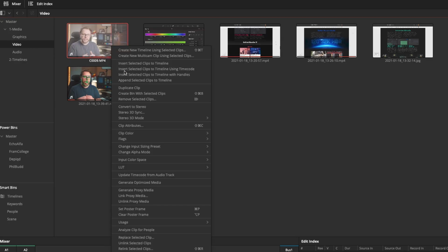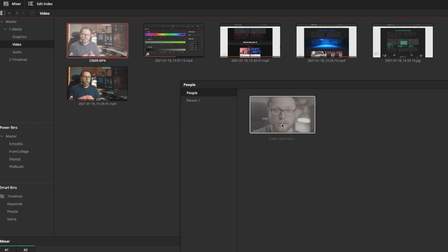Now, I'm cheating slightly to say that it's an individual feature or reason for upgrading, but it is kind of responsible for some of the other features that I might have already mentioned, some of the cool Resolve effects like face refinement. But the inclusion of the Neural Engine also brings amazing features such as the People window, where Resolve can simply search faces within all of your footage in the media pool and automatically organise people into smart bins directly.